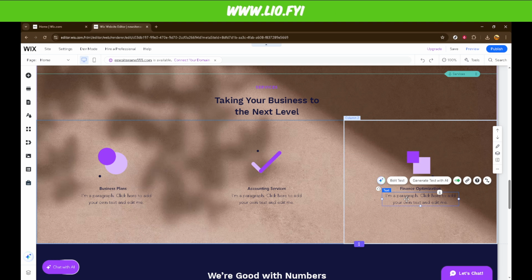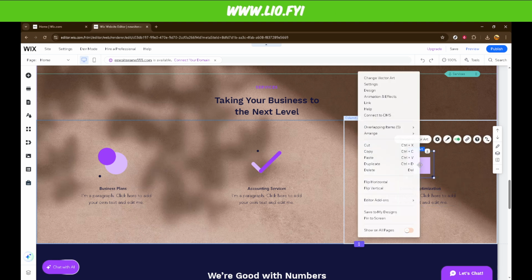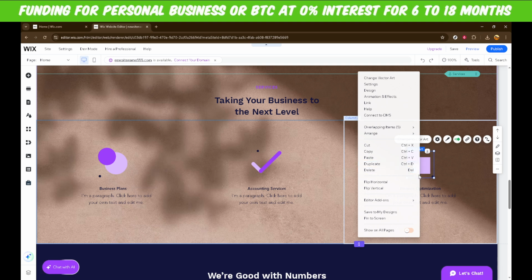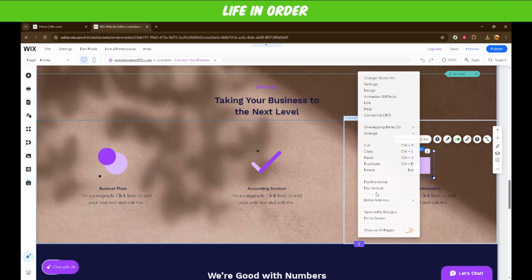Once you've selected your desired element, the next step is to right-click on it. This will open a context menu directly on your screen. This menu provides various options for adjusting the element's properties and settings. The right-click action is key here, as it brings up the function we're looking for without having to sift through bigger menus or toolbars. Now, in the context menu that appears, look for the option labeled Pin to Screen and